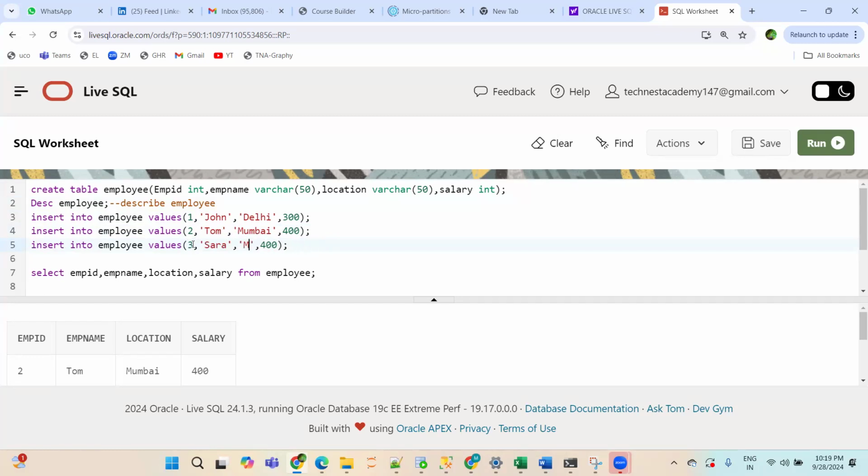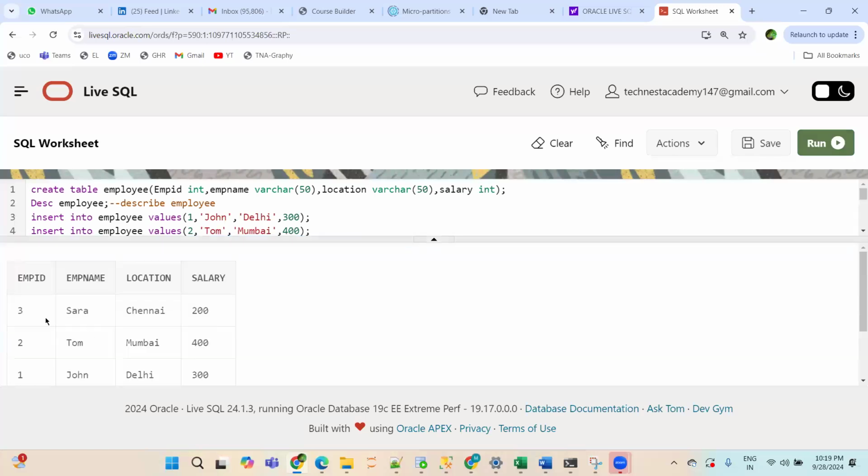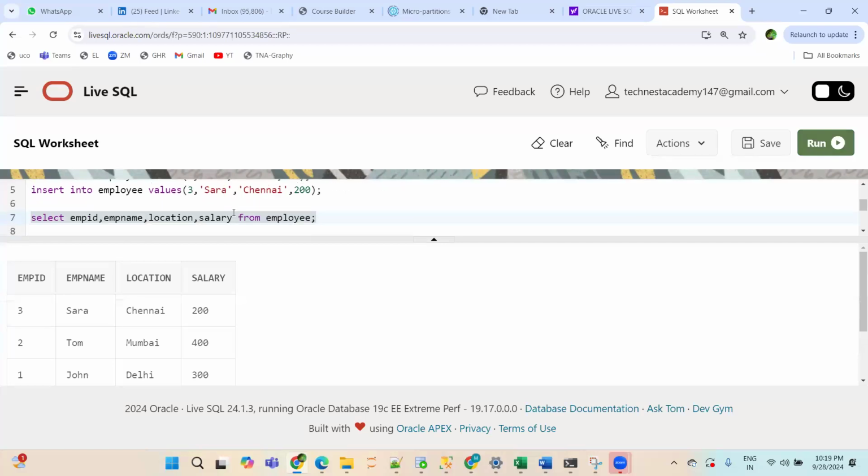She was from Chennai, I think. The salary is 200. Now click on the run button. Now again, if you check this, see Sarah is coming at the top. If you ask me why Sarah is on top when you inserted it last, sorry, I don't have any reason for it. It is the wish of the SQL engine.